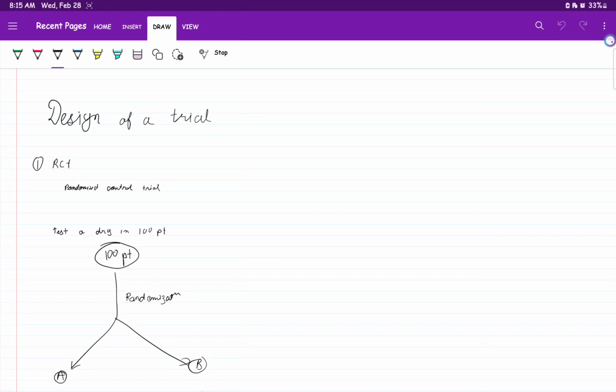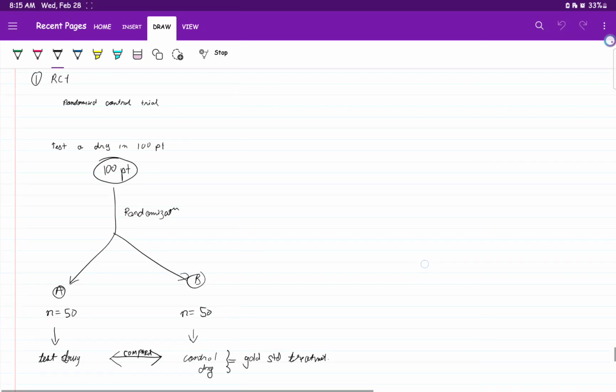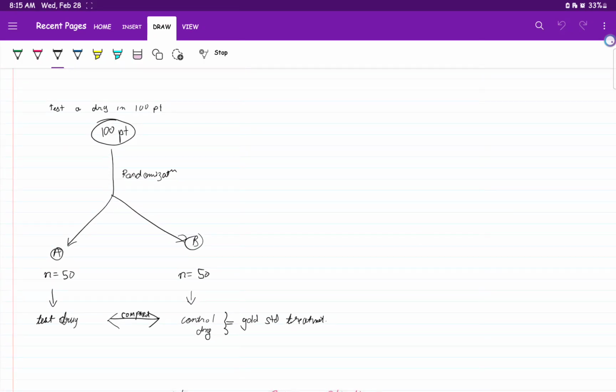Design of trials. RCT. RCT is randomized controlled trial. We test a drug in 100 patients, and 50 are given the test drug and 50 are given the control. Control means we give the best gold standard treatment, the gold standard drug of that treatment. And if the drug is not found for that treatment, we give